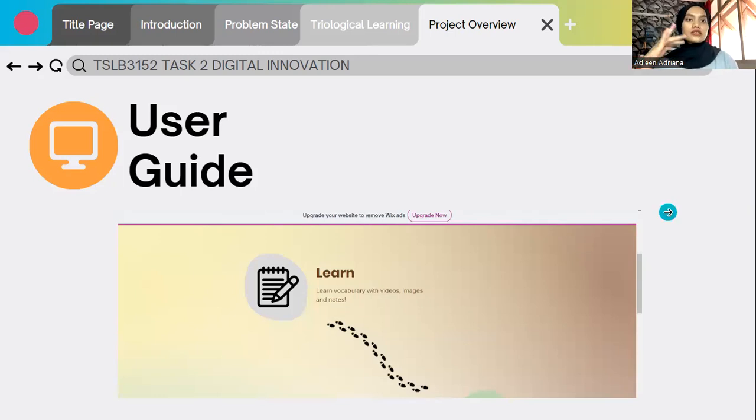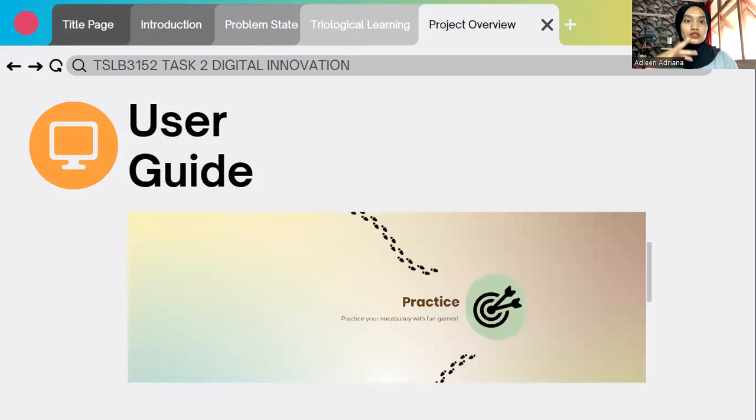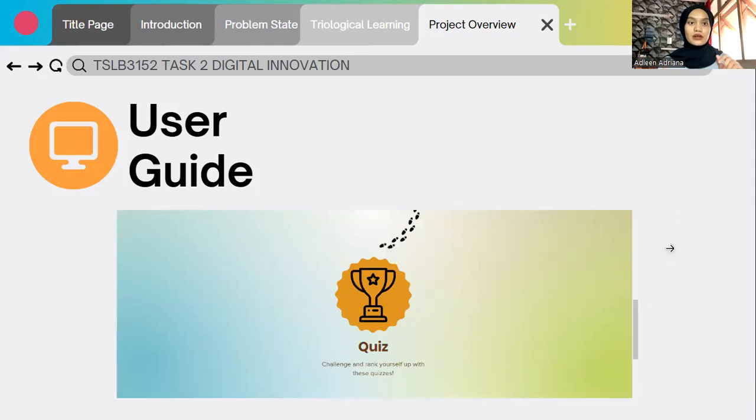This is the place where students will get to answer questions without any quizzes or without any ranking. They're just practicing their vocabulary using multiple resources and also questions that are made by the teacher using quizzes or live worksheets. And as they scroll further down, they will stumble upon this icon, which is the trophy icon, which is